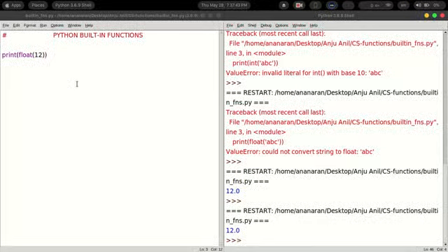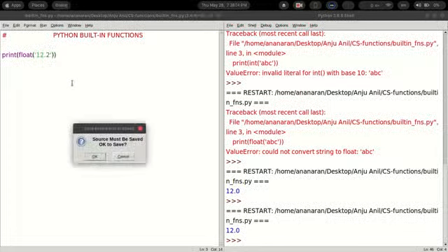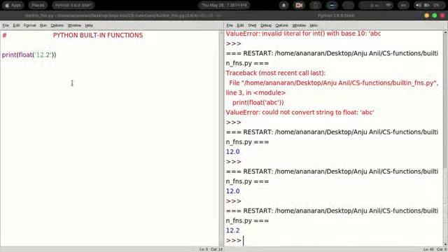The next is the range function. Now this range function, it gives you a range. For example, it converts a float string to integer. For example, if we are giving float of 12.2 within the single quotations, you will get the output as 12.2 itself.